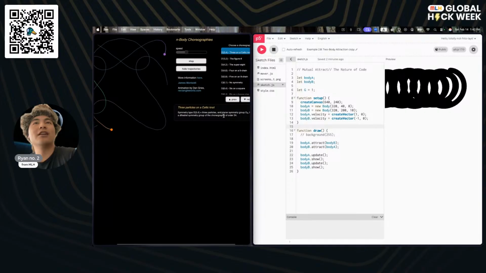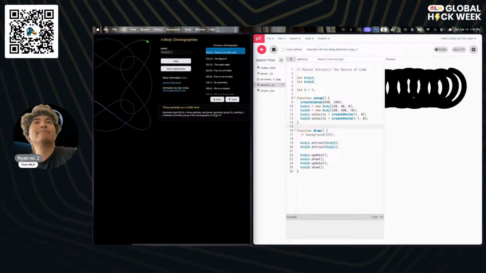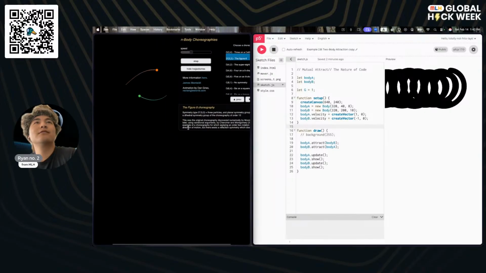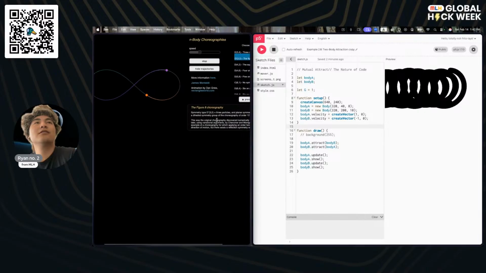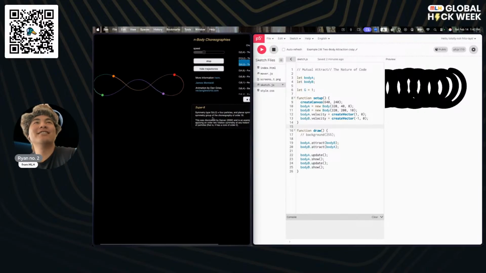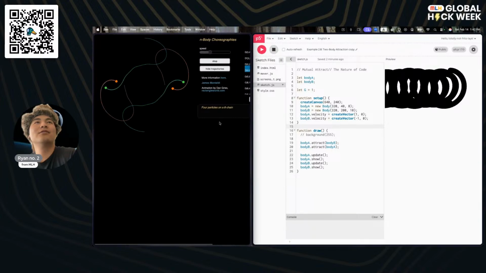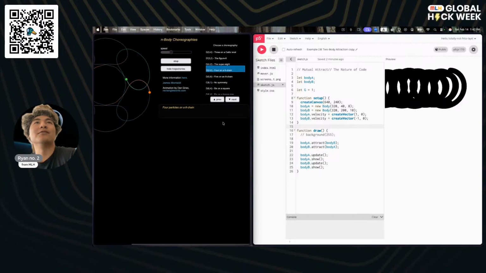A Celtic knot. Oh, wow, look at that. A perfect figure eight and a super eight. Oh, that is beautiful.